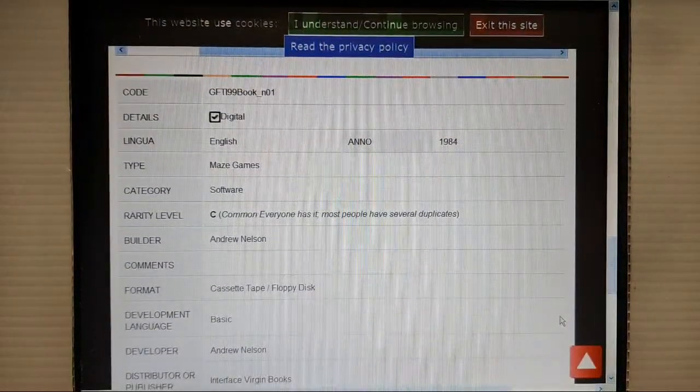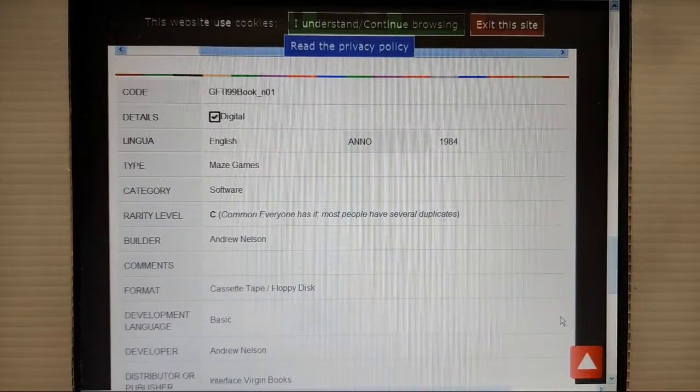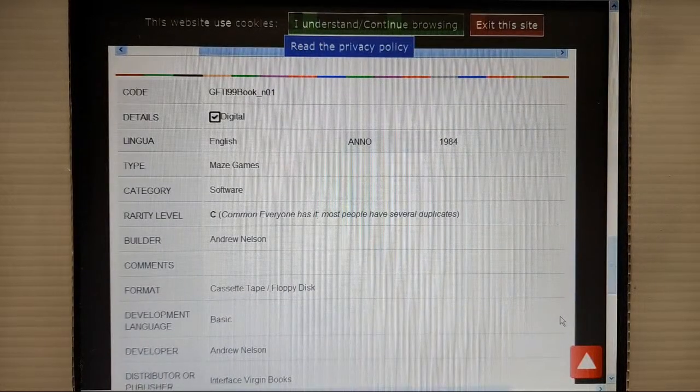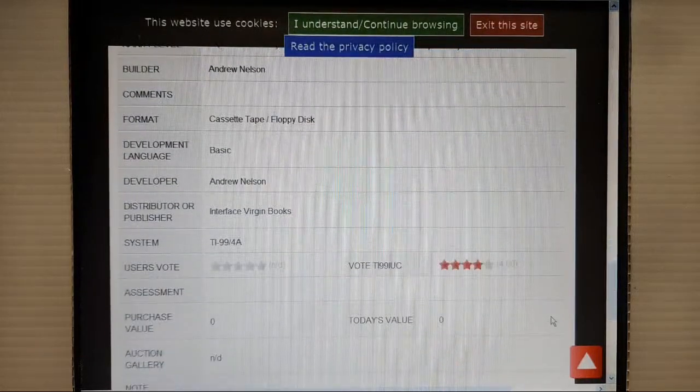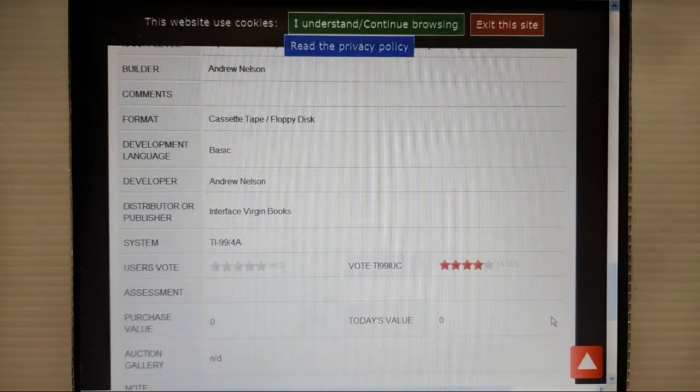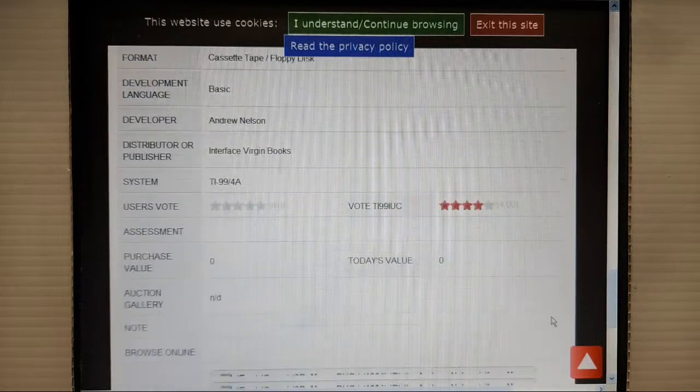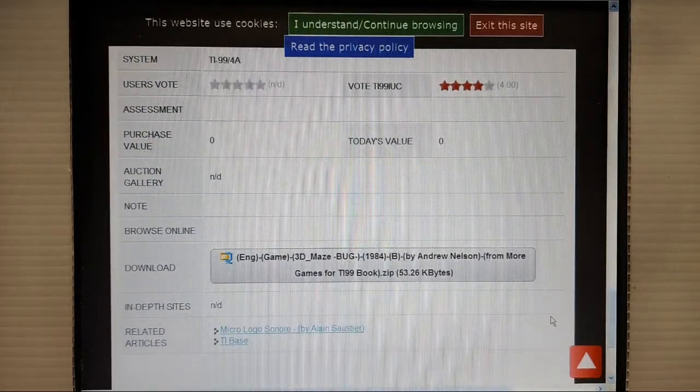Here he's researched everything for you: the code, the details, the language, what year it was printed, the type of game it is, the category, the format of cassette or floppy disk. And he gives full credit, whenever he can find it, to everything. Oh, there. You click on this link,